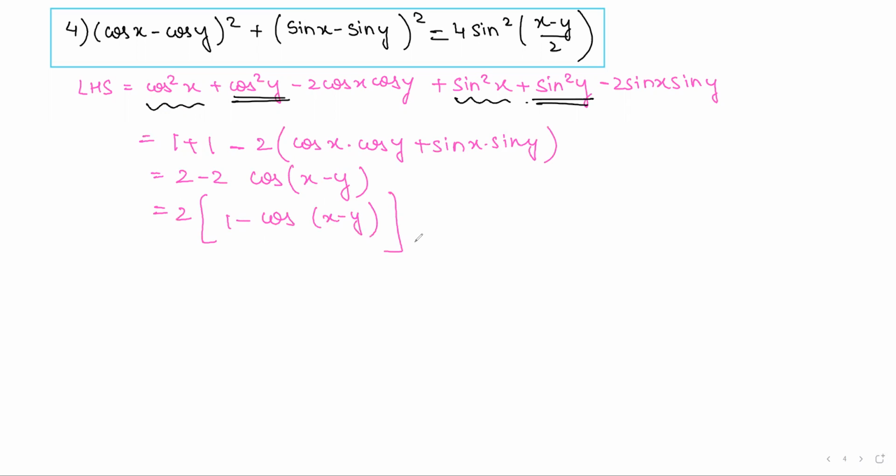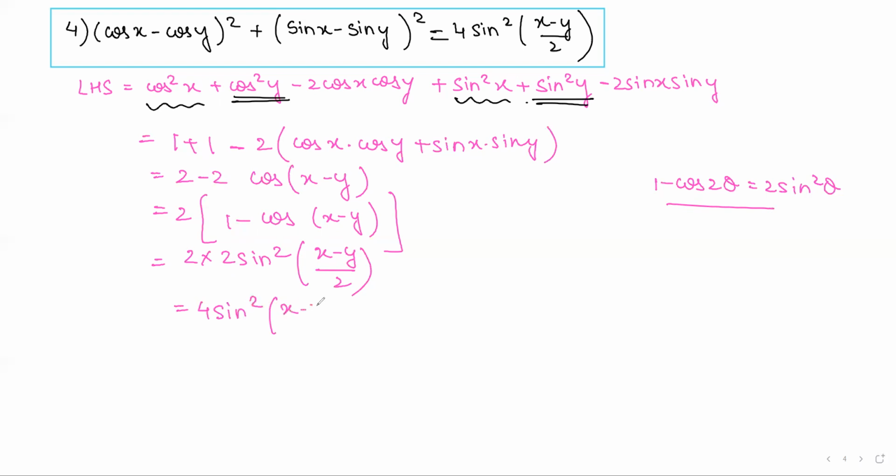Again, 1 minus cos 2 theta is equals to 2 sine square theta. So applying this over here, you have 2 into 2 sine square. This is 2 theta, so theta would be x minus y upon 2, which is equal to 4 times sine square x minus y upon 2, your RHS. Next,